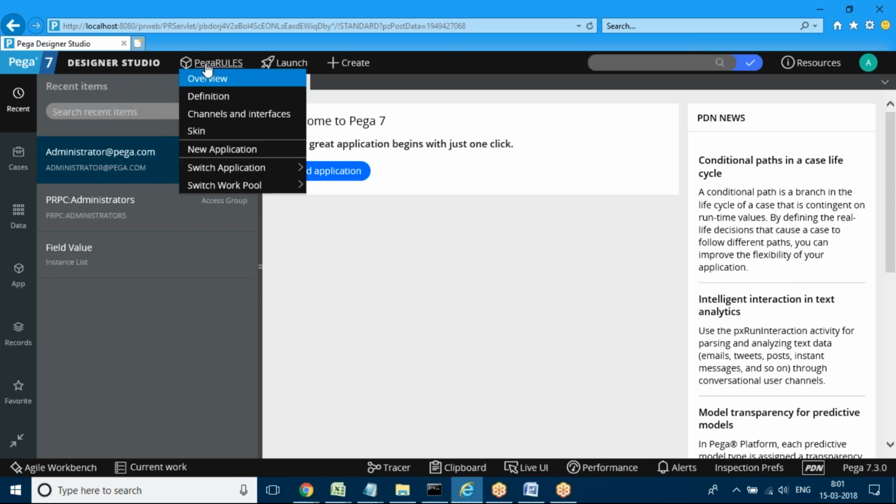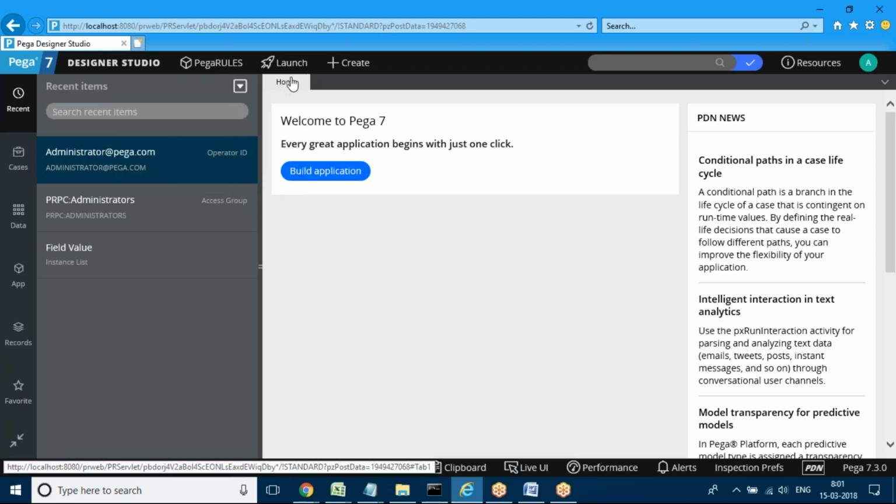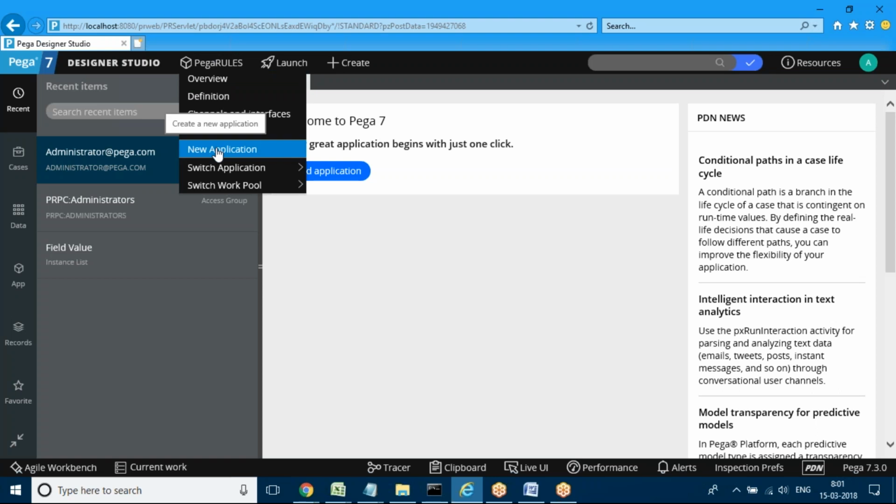The next menu is the application menu. In real time we don't use this application menu. Mainly it is used for application setup, for adding a new application. If you want to add and build a new application, some internal tool is there, and the same thing is available here also. On the home page, if you click Build Application, it will go to the same page, or from the application menu if you click New Application it will also go to the same page, because in the default ID just a sample application will be there. We have to add a new application, giving all the required information about what application we are going to add. Then in the new application we start the design.